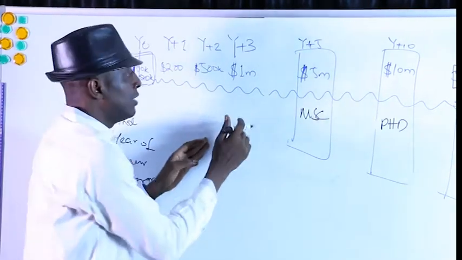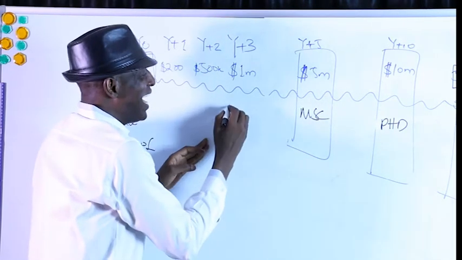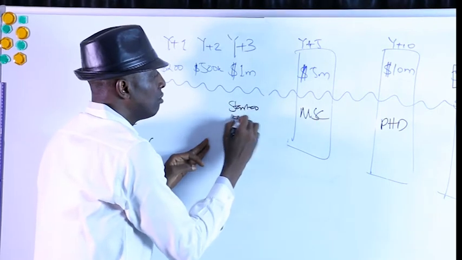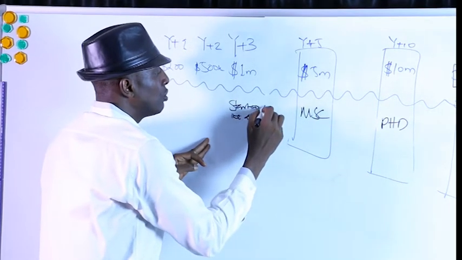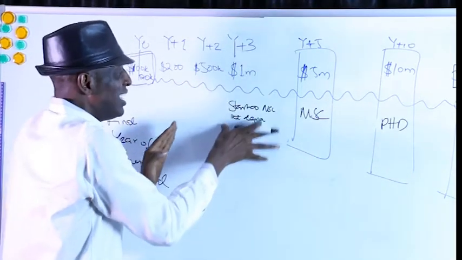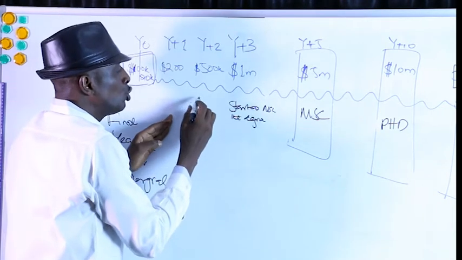Year 3 says that now, if you want to have an MSc by year 5, at least you should have started the degree, your MSc degree. Is that correct? Correct. Year 3, if you will have started, it means that by year 2, you should know